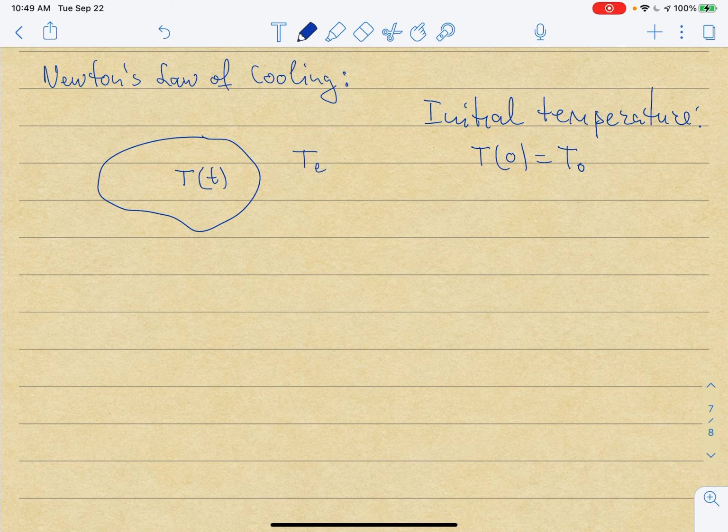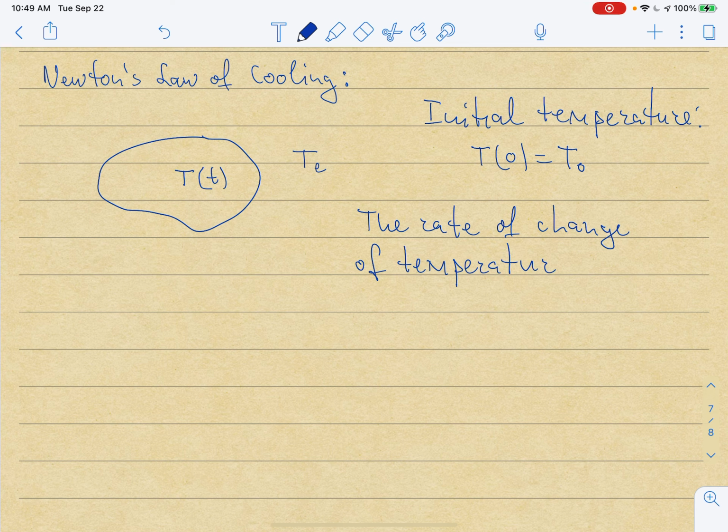All right, so the rate of change of temperature, of course, is given by its derivative with respect to time. So it's T prime of t, and we have the following facts about that. So facts, number one, if T of t